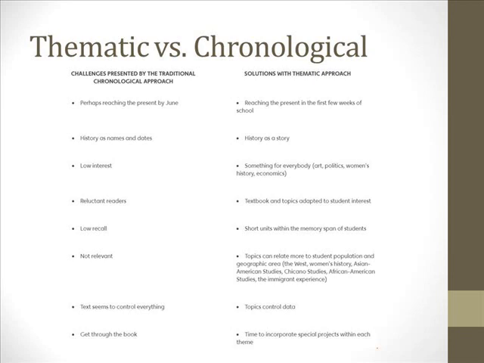The thematic approach is kind of a new way of looking at it, and that is taking big ideas and working them all the way through history in a little bit more of a disconnected way. So we might look at the concept of freedom, or the concept of work and industry, or the concept of what it is like to be an immigrant in the United States. So looking at those all the way through as opposed to just jumping from concept to concept.